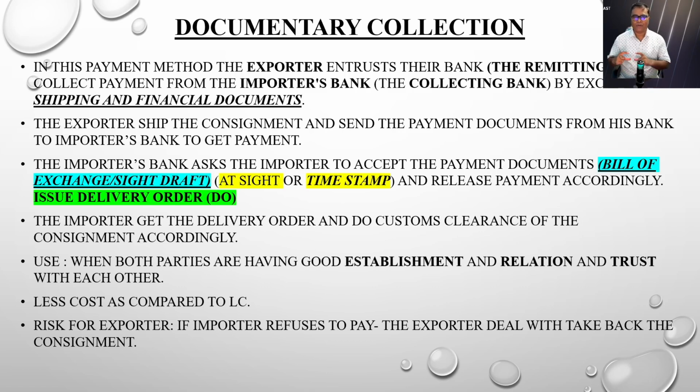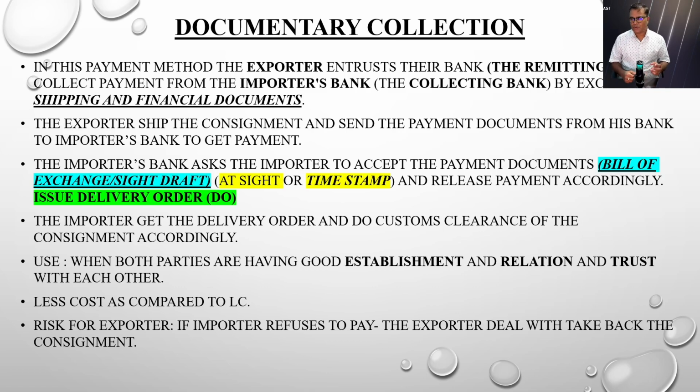So the bank only gives the delivery order to the importer or buyer when the buyer makes payment or agrees to make payment, but the payment transaction is happening through the bank. The importer's bank is remitting the payment to the exporter's bank. Then the bank gives the delivery order to the importer, and the importer uses that delivery order to get the consignment cleared from the customs of the related port, airport or seaport where the consignment has landed. So what happened in this? The transaction of payment is done by the bank.